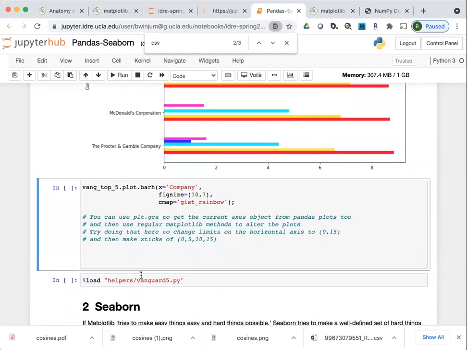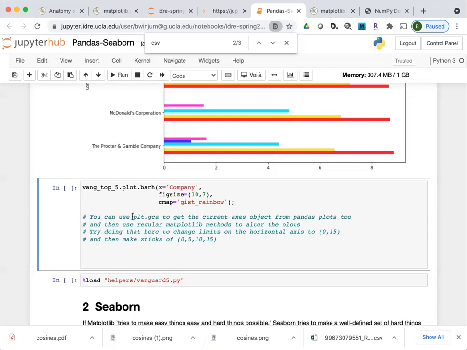Just to take a little break from me talking and to give you something to try, you can take these pandas plots that are generated and then alter elements of them using the matplotlib commands that I was showing you before.